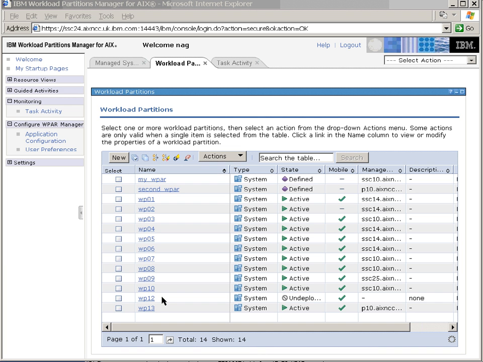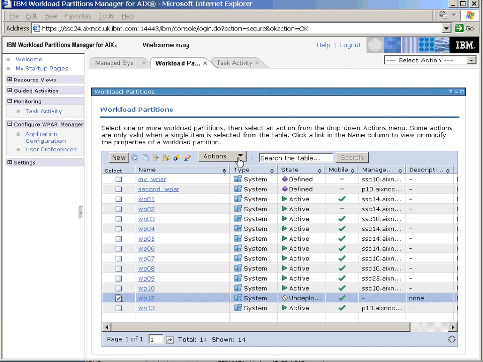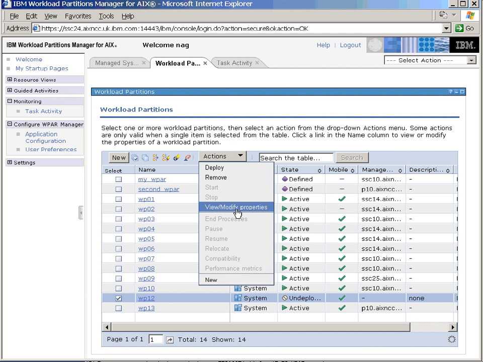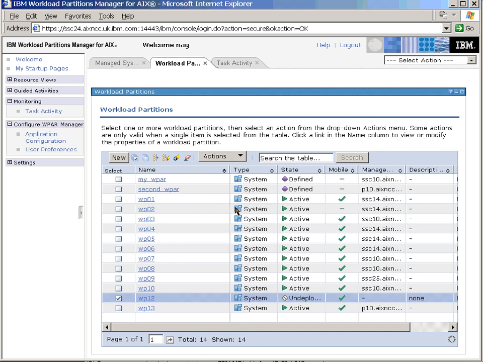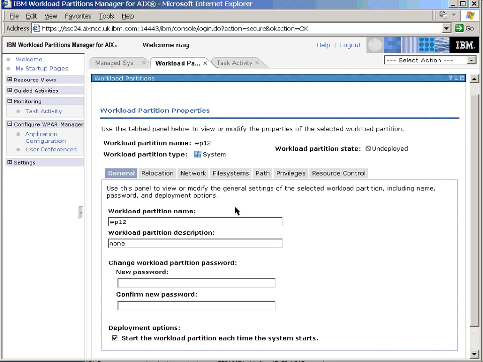Now, to change the workload partition, we can either click on the name or we can select it and look at View and Modify Properties. We have a series of tabs along here that we can look at to find out the various things about our workload partition. So we can have here the name, and we can change that. Then we have a description that we can put in here to remind ourselves what we're actually doing with this